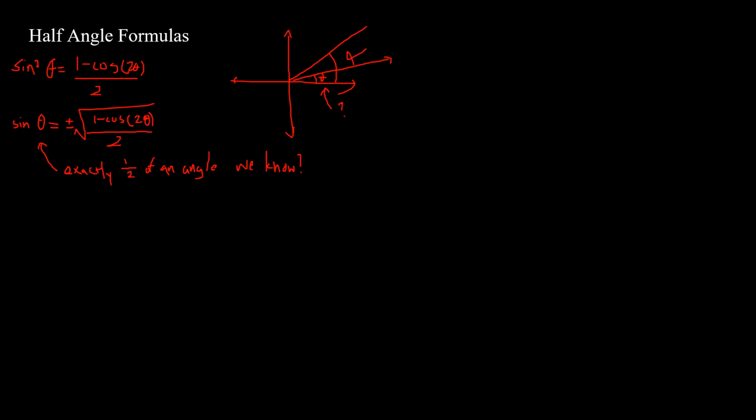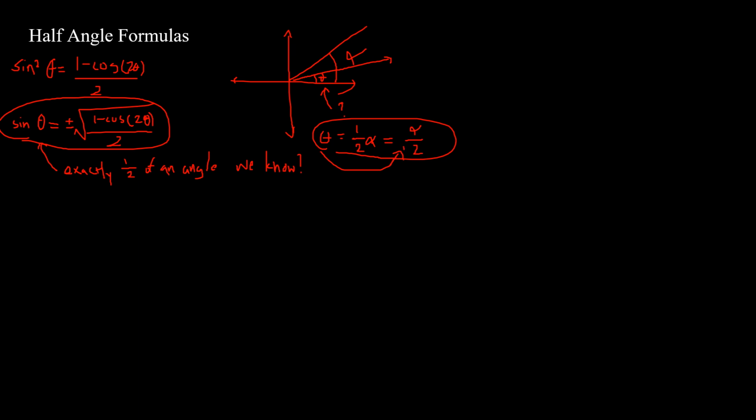Well, as it turns out, we can, because this is what the half angle formula is really about. So we know that theta is going to be equal to half of alpha. Again, we're just assuming coincidentally theta is half of an angle that we know. And this can just be rewritten as alpha over 2. So what if theta is equal to some angle alpha that we know over 2? Well, if this statement is true, then we can replace all the thetas in this equation with alpha over 2. So let's do that.